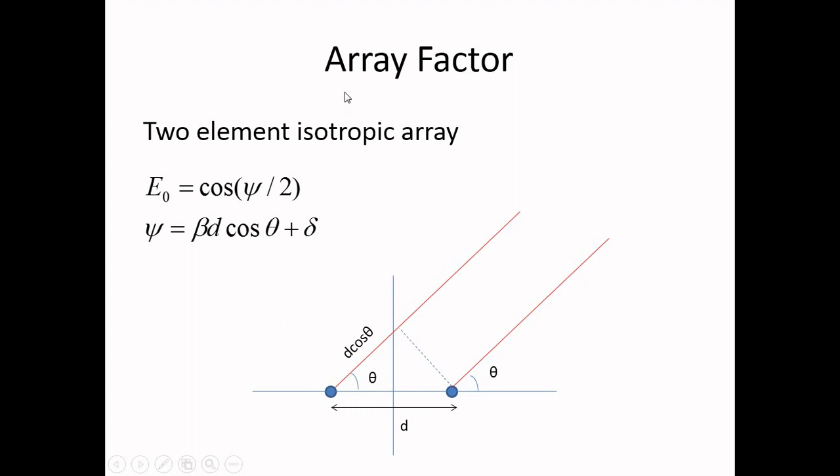And again, I'm directly jumping to how this array factor is calculated. I am not actually going into the derivation of how this cos psi by 2 came. Let's just directly imagine that due to some geometrical calculations, we got this cos psi by 2. We'll place psi inside this cos psi by 2, and this cos psi by 2 will help us